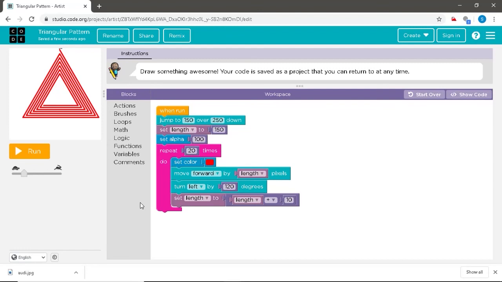Also, we can now try to implement the different character traits used in this program. For example, we shall remove the set color command.